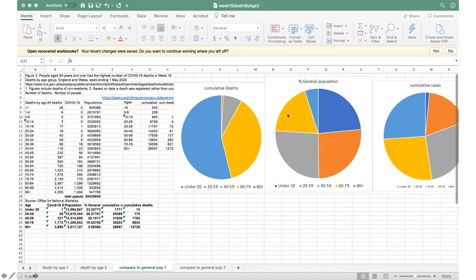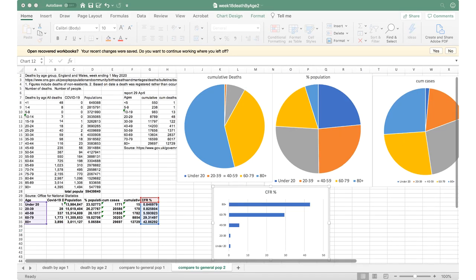So these two categories, yellow and light blue, they're about a quarter of the general population, and in the case of infections, they're about half of the population. So it's not because there are more elderly people, and it's not because they're getting sick more that they're dying more. This is a bit of an indirect way to look at things, and students can think about doing calculations and calculating the case fatality rate like I did down here. This is plotted here by the age categories. So it's clear that elderly people are dying of COVID-19